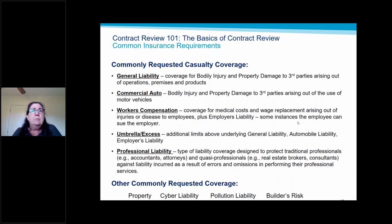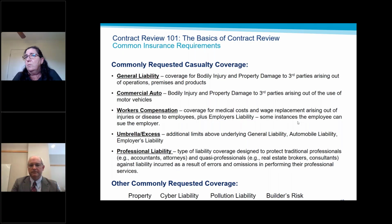And James, I'm assuming that's not an issue for the city or county to be able to subrogate or waive subrogation. No, actually, we recommend that our insureds always refuse to waive subrogation if they can. Unfortunately, what we see is they'll get into a construction contract drafted by the architect. The city attorney may look at it, who doesn't really have expertise in the area, and misses that there's a waiver of subrogation. We had a situation in the last couple of years where a city had this kind of contract,